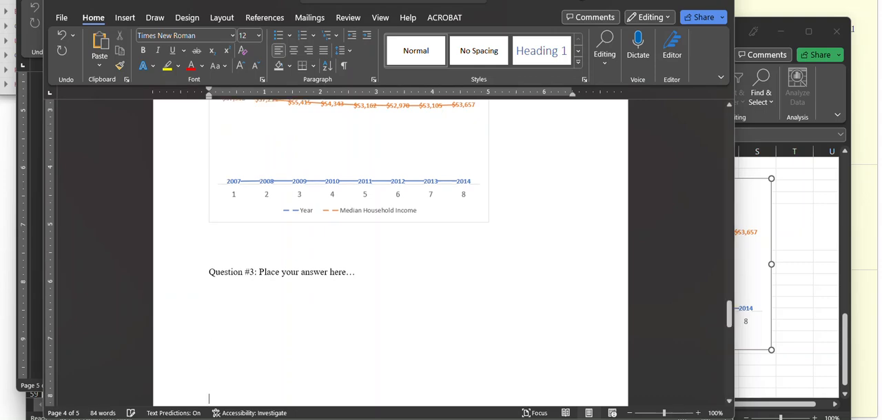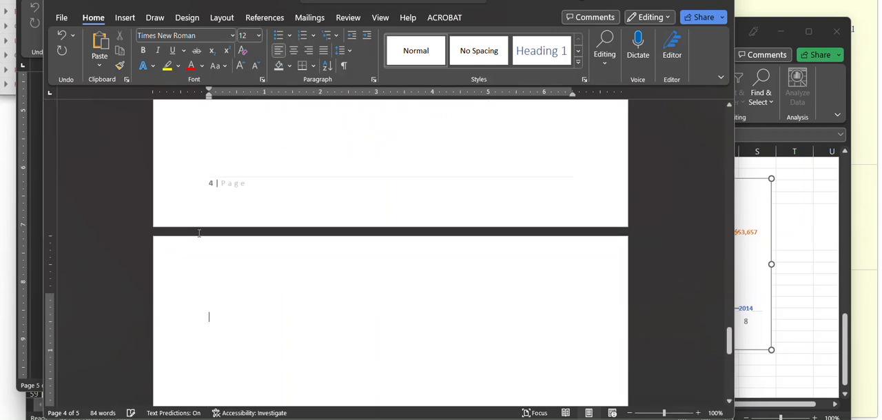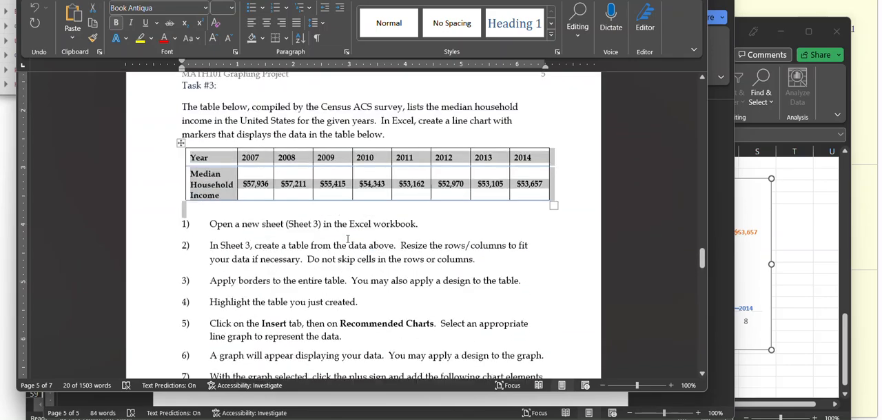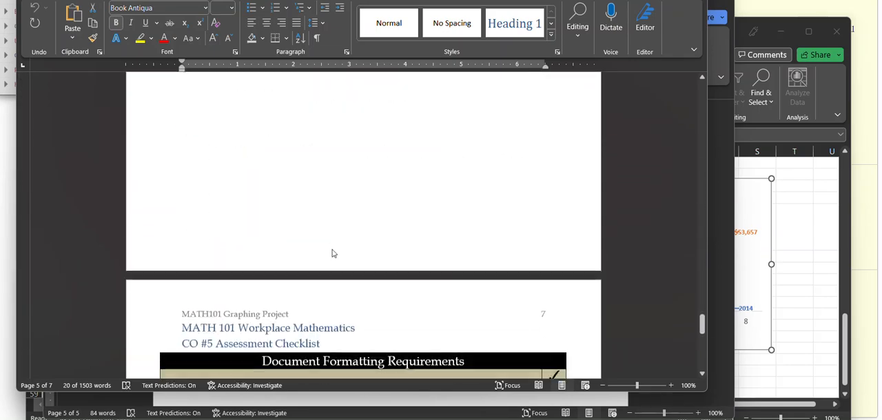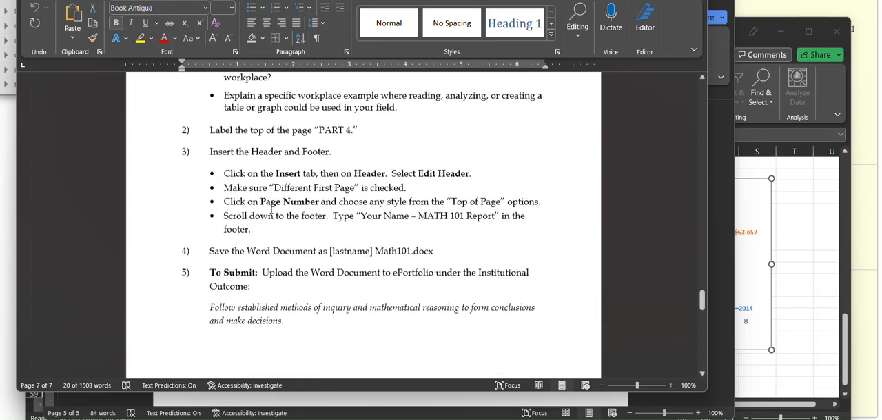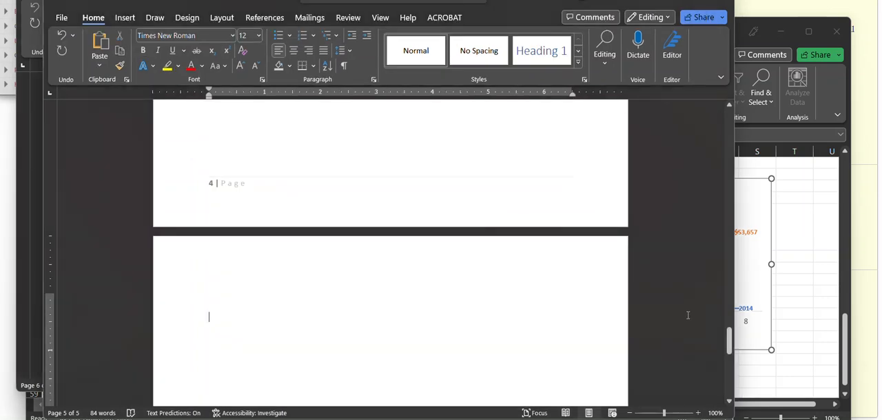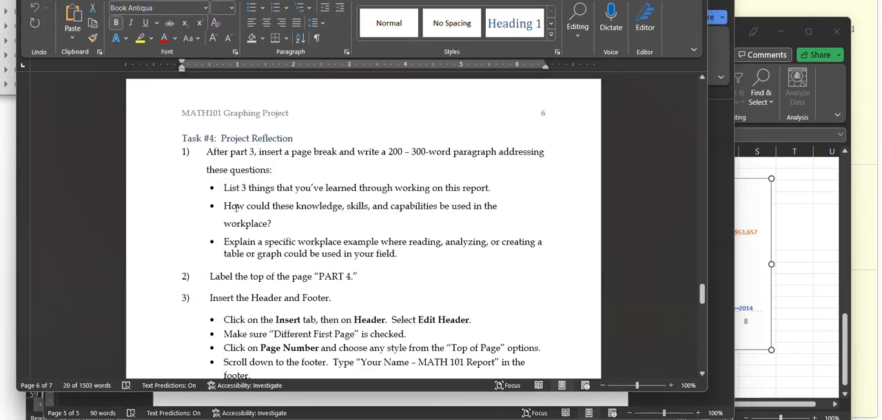Okay, now start a new page. Now this is the last part. This is part 4. And remember, this is for the final project. For the final, it's the part 4, task 4, the project reflection. So this is part 4, project reflection. And you're going to